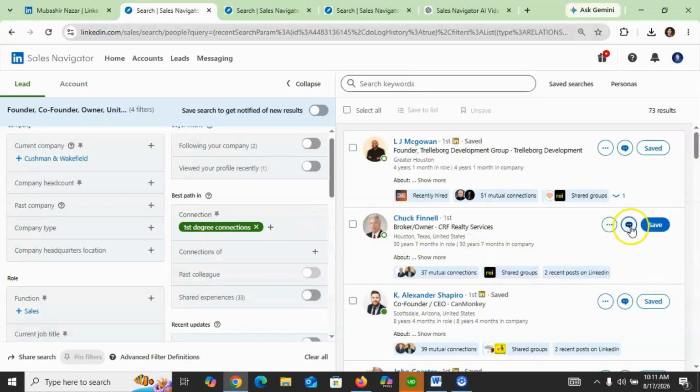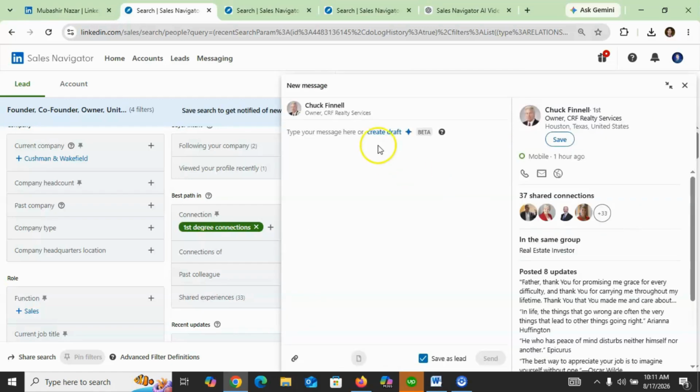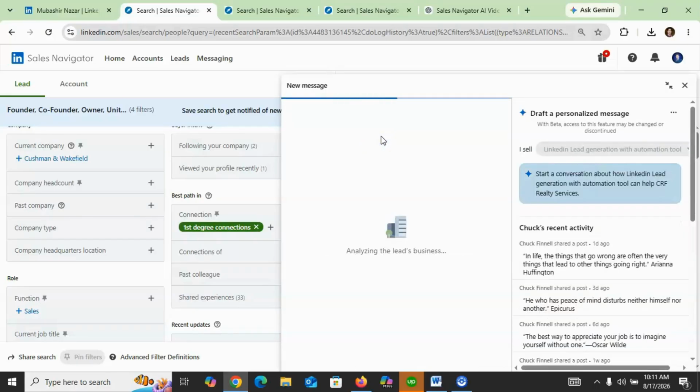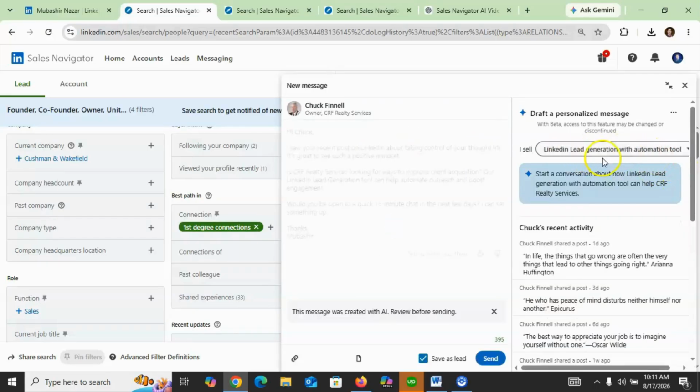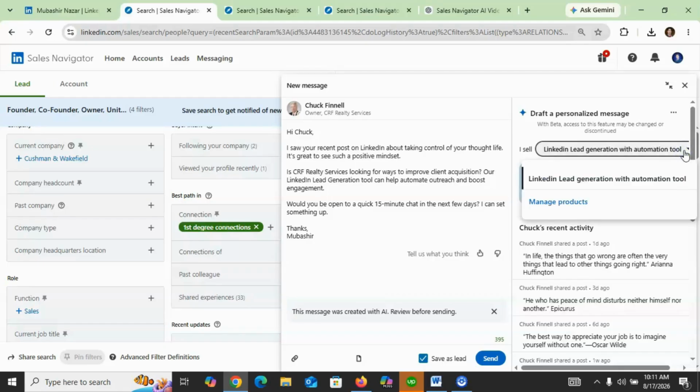I want to send a message to my first degree connection, and here is a trick. You just need to write with the help of AI, and now you can see that Sales Navigator writes the message according to this person. And if you want to add more of your services here, you just need to click here on manage product, and